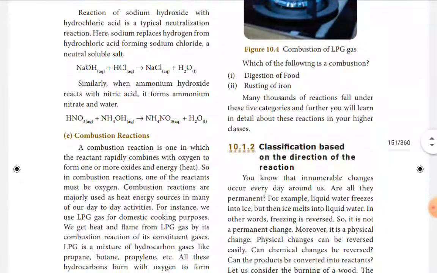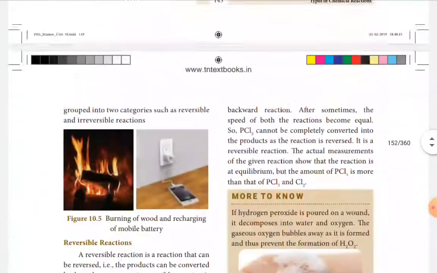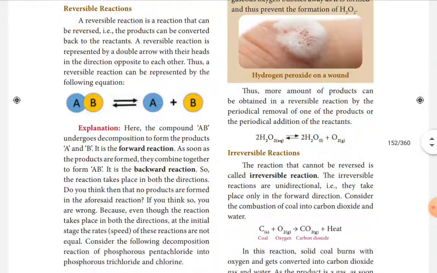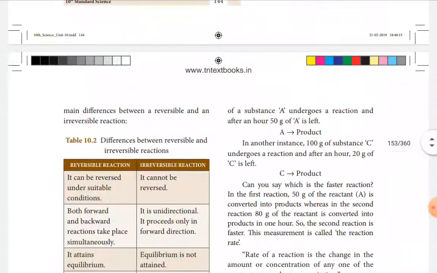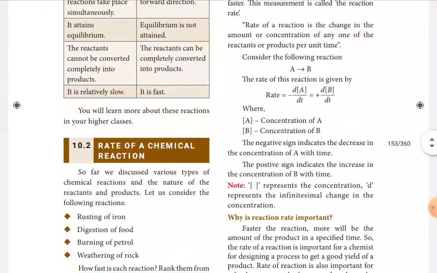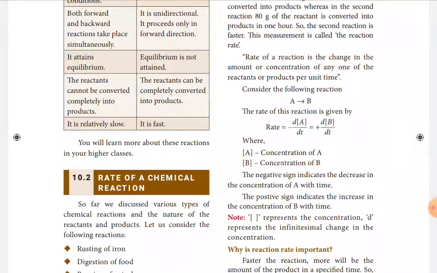Then classification based on the direction of the reaction, that is reversible and irreversible reactions. In a reversible reaction, the reactant can be reversed. But in an irreversible reaction, the reactant cannot be reversed. Then the difference between reversible and irreversible. Next, the rate of a chemical reaction, that is the amount or concentration of any one of the reactants or products